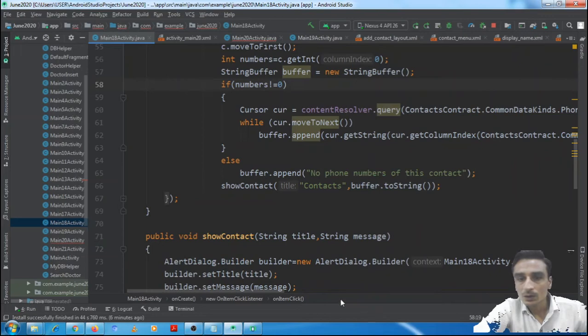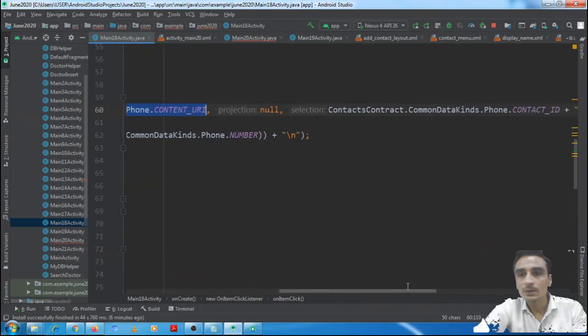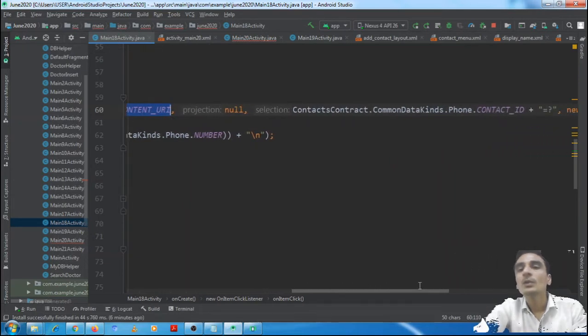ContactsContract.CommonDataKinds.Phone.CONTENT_URI, that is the URI, and the phone numbers are in CommonDataKinds.Phone.